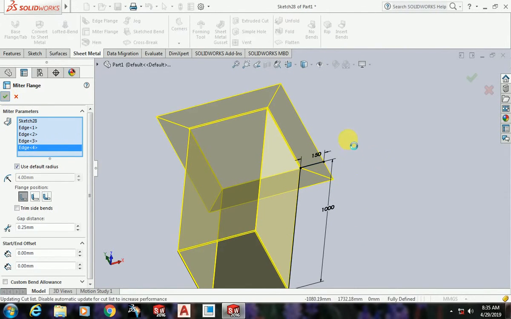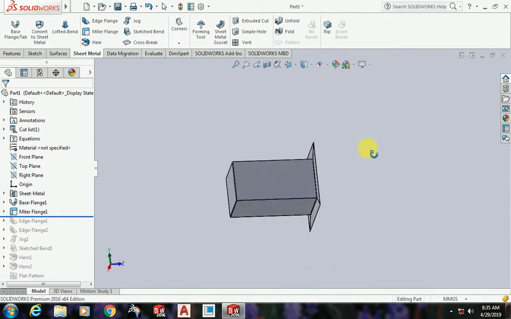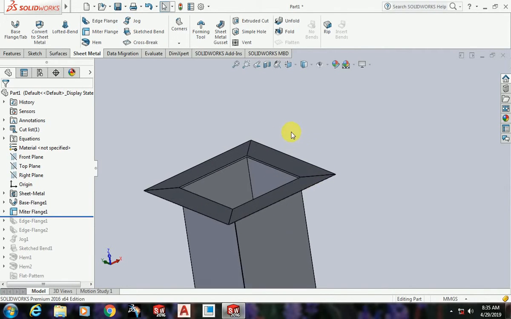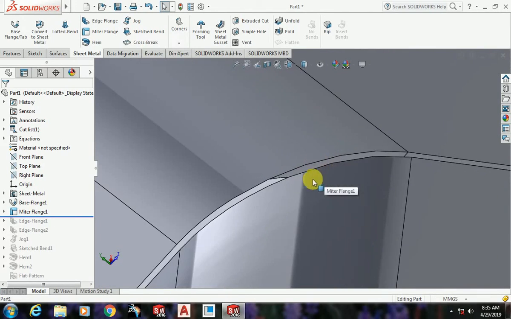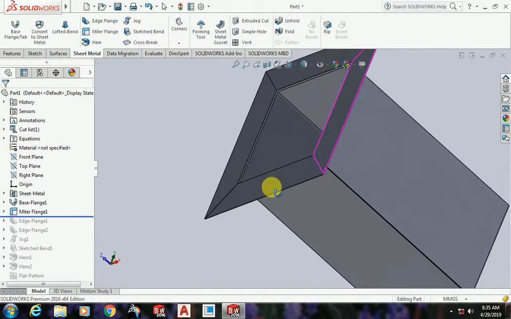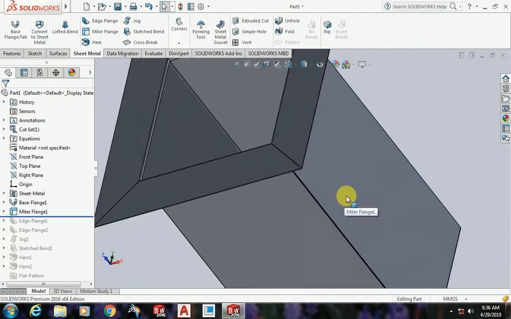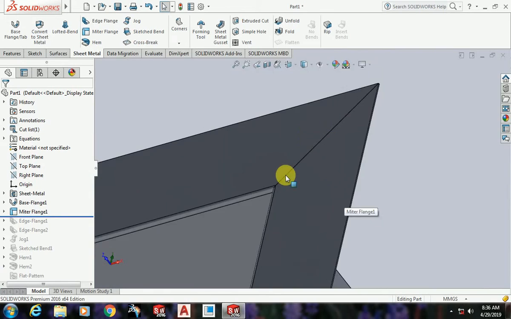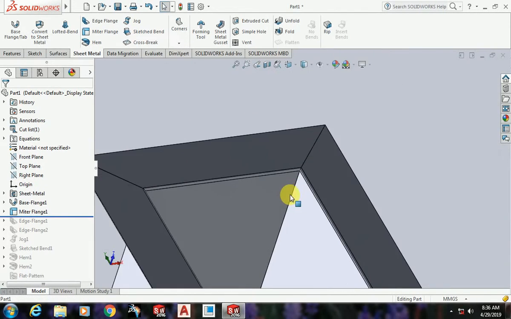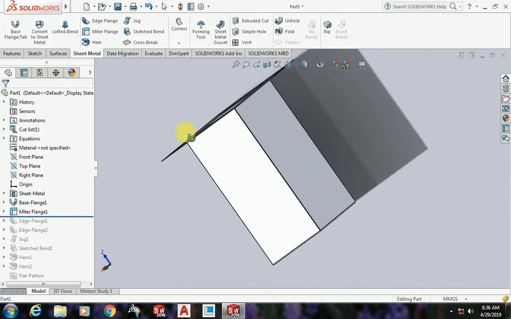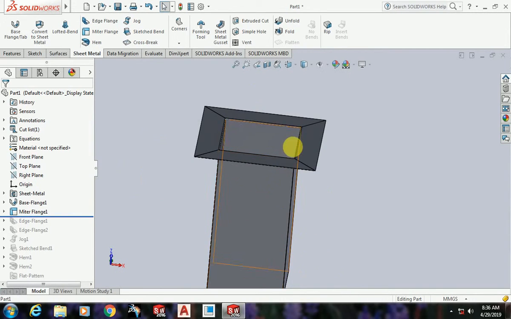Click OK. This is our miter flange. You can see how accurately corners are being closed and have been notched. This one is the best command if you want a notch around the edges. And